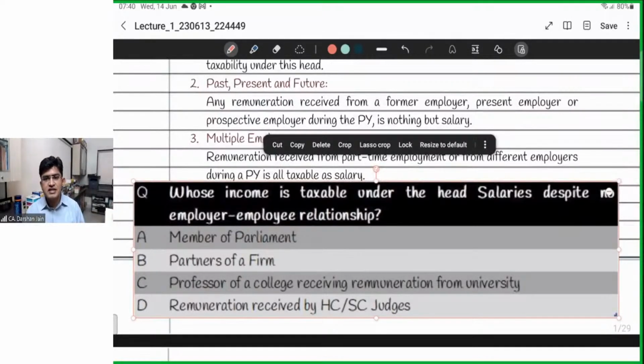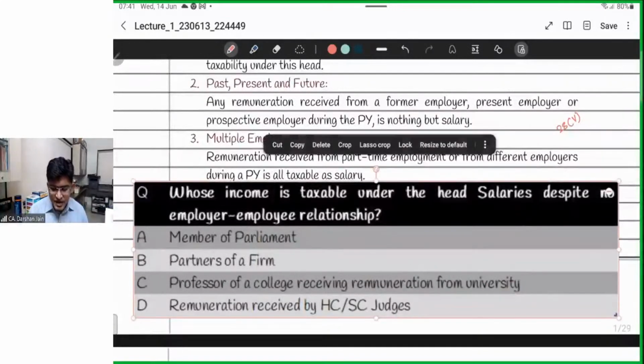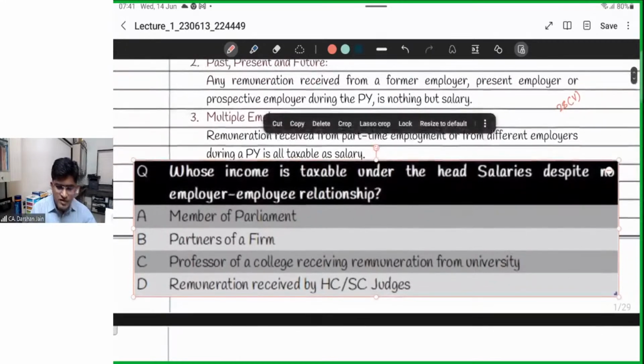B, we have already seen, is any remuneration or interest or honorarium by whatever name called, in case of a partner from the firm. It is not in the capacity of an employer and employee relationship, and it is specifically made taxable under section 28B. If you remember, we've talked of it just now. It is going to be taxed, and therefore that leaves me with